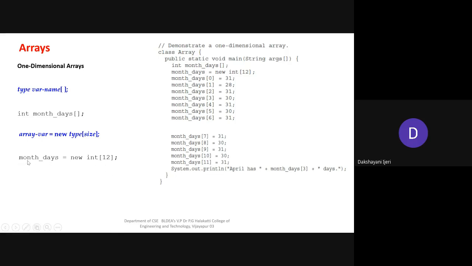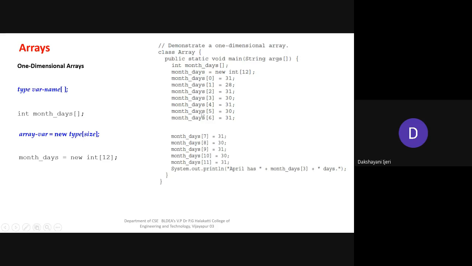This example takes month_days as an array of integer type which can store 12 values, not necessarily storing all 12 values, but it has the capacity to store 12 integer values.